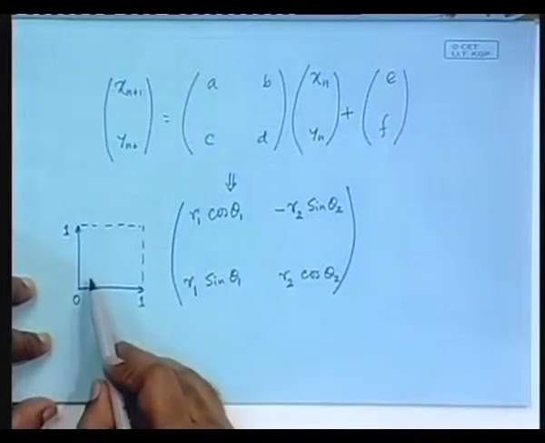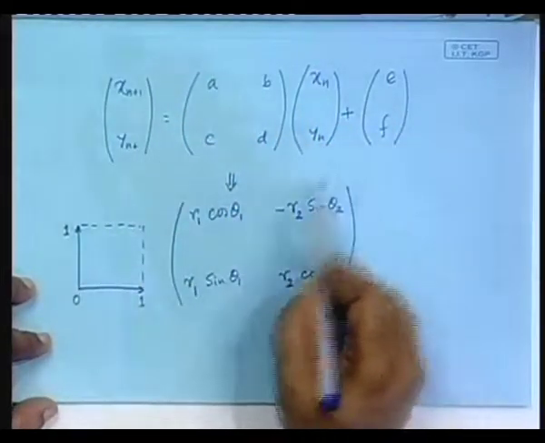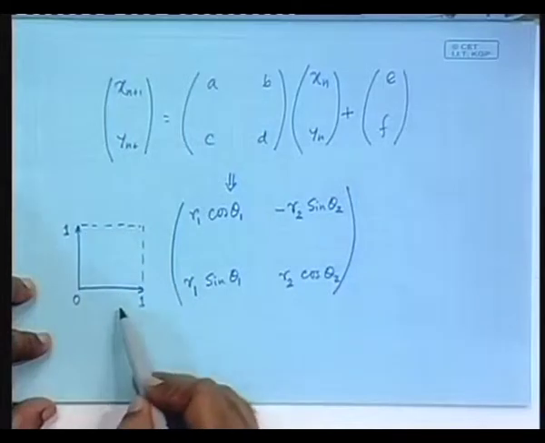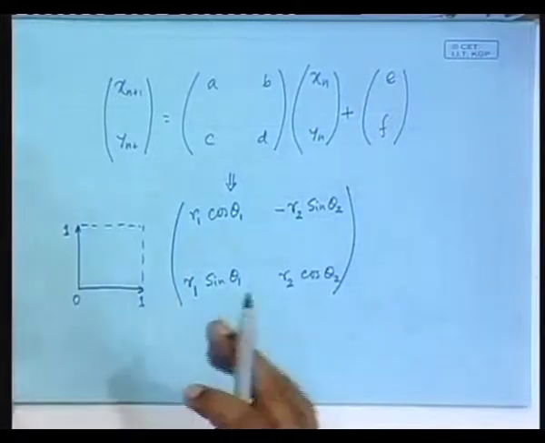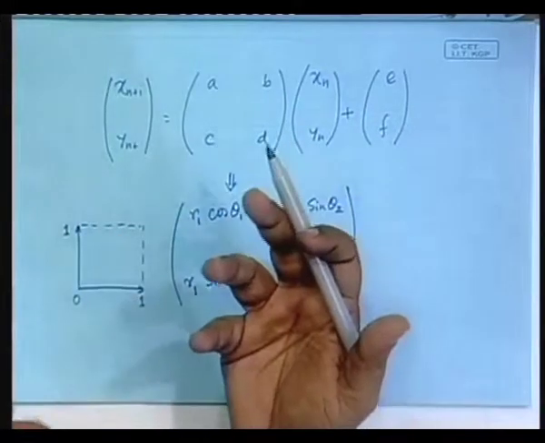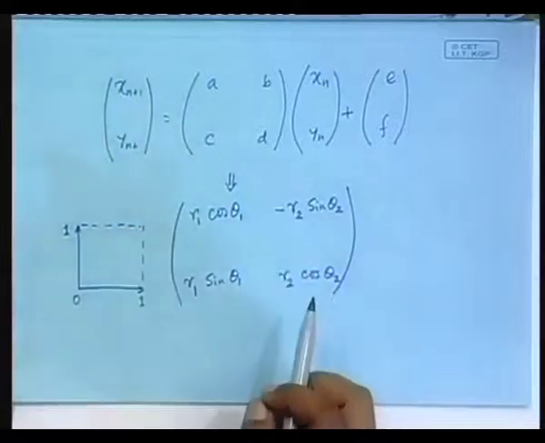Now, if you apply this transformation onto all the points of the square, what do you expect will happen? The square will be deformed in some way, and it is a linear transformation. And since it is a linear transformation, lines will still remain lines. So, you expect the square to become a rhombus,